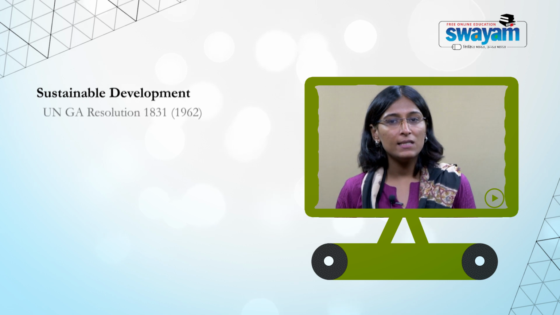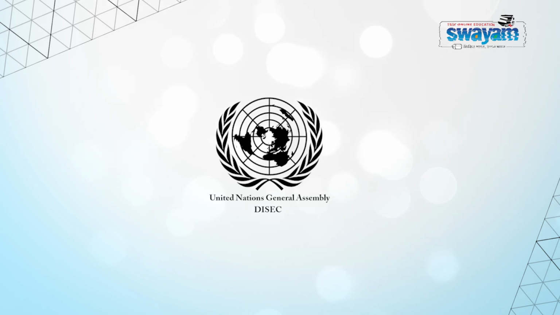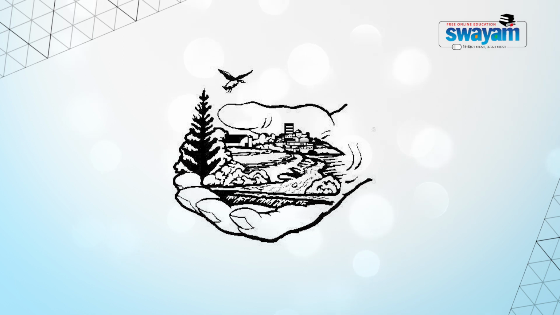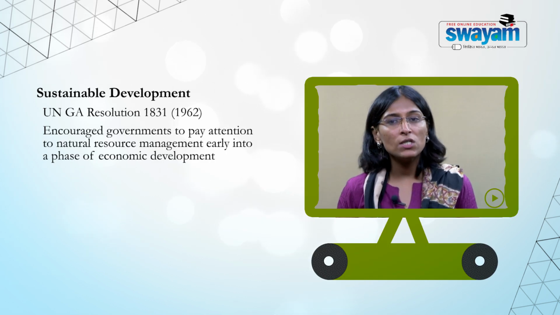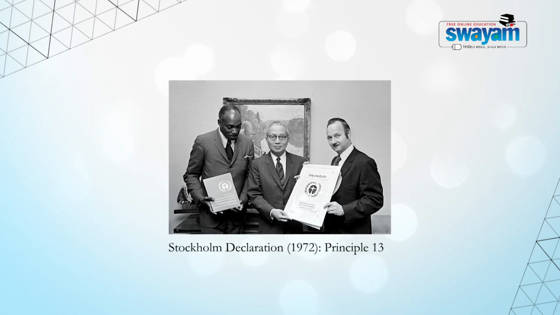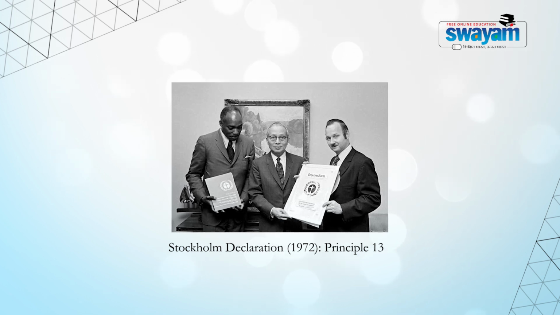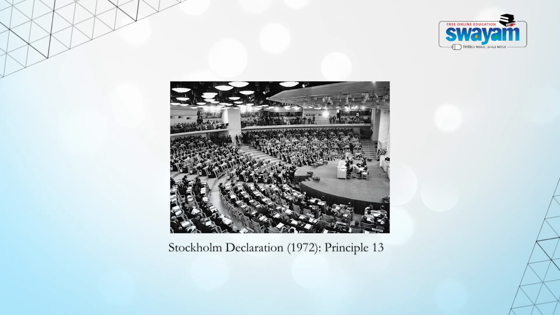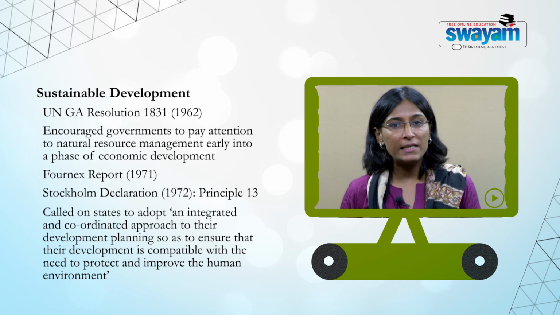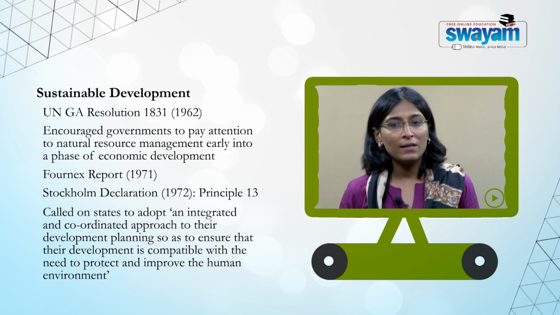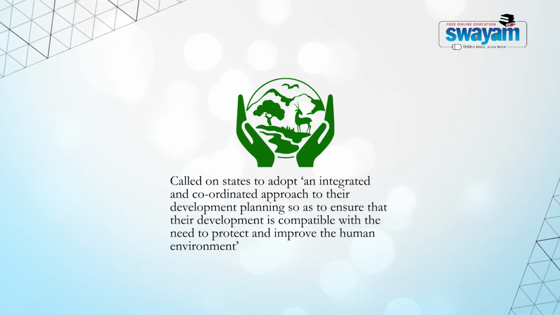As early as in 1962, a United Nations General Assembly resolution encouraged governments to pay attention to natural resources management early into a phase of economic development. This thought continued into the Founex Report of 1971, and in the year 1972, the Stockholm Declaration, one of the main outputs of the United Nations Conference on Environment and Development, called on states to adopt an integrated and coordinated approach to their development planning so as to ensure that their development is compatible with the need to protect and